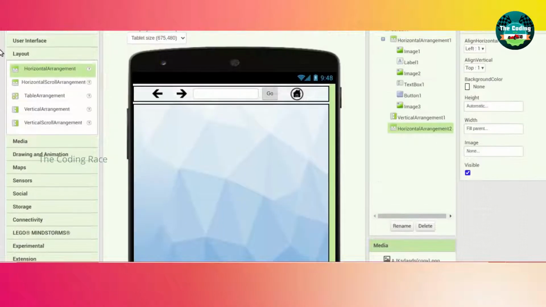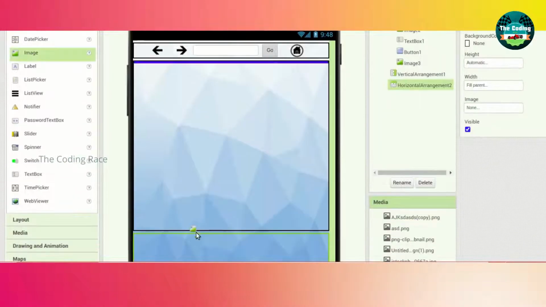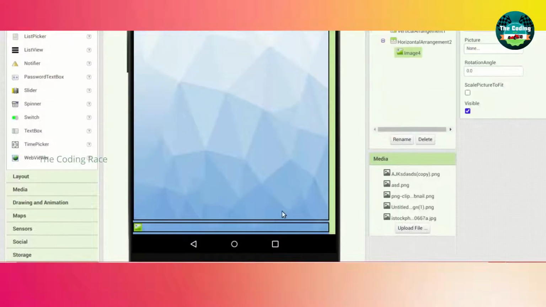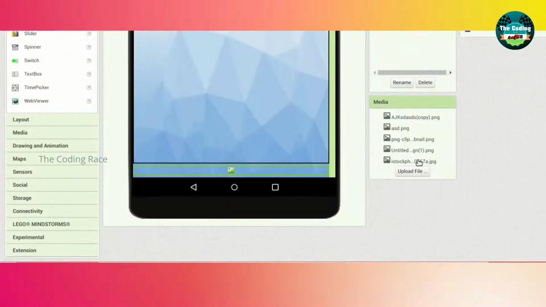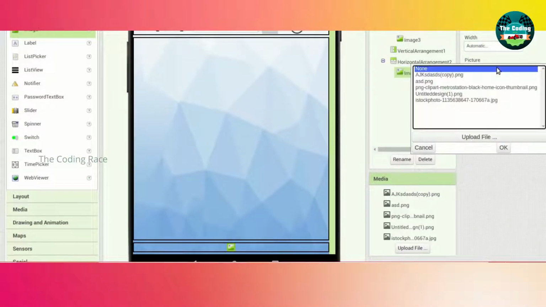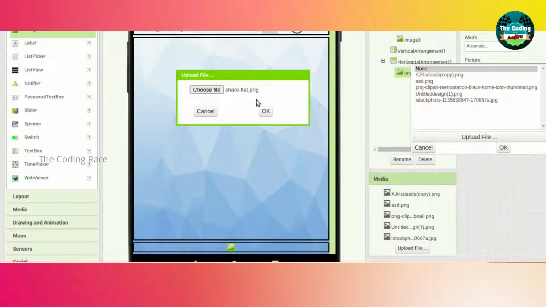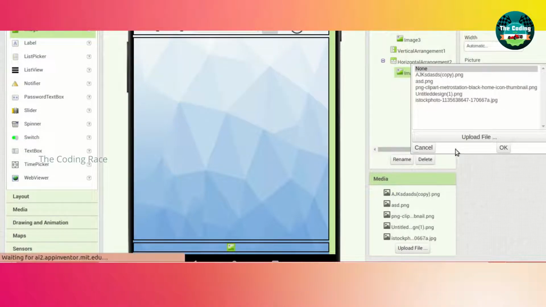There we will add one more image for the share icon. Align vertical will be center and align horizontal will be center. I am going to add the share icon. Okay, upload.